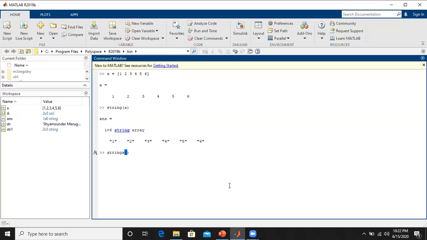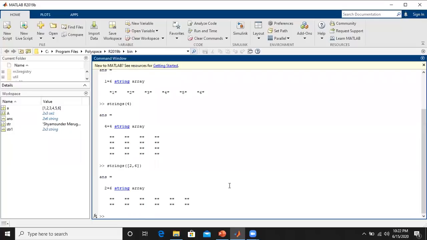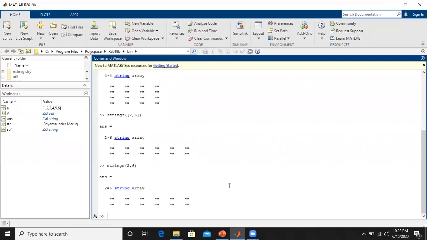Now there is a special function, that is strings. So after strings, in the parenthesis, whatever number we type, it by default takes as a 4 by 4 matrix, and this by default prints the empty string here, right? So there are 4 rows and 4 columns. And also we can type various rows and columns here. So in this we require the empty array of 2 rows and 6 columns, that we can type like this, or even it can also be typed like this, strings, and it has to print the empty array of 2 rows and 6 columns. Like this also we can give, so that the result will not be changed here.